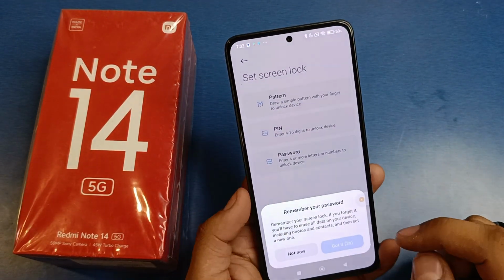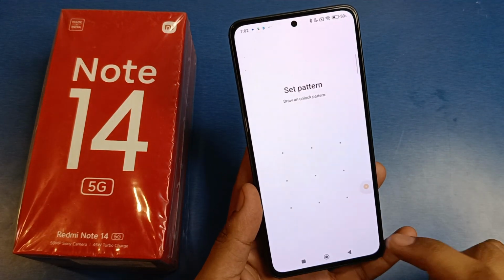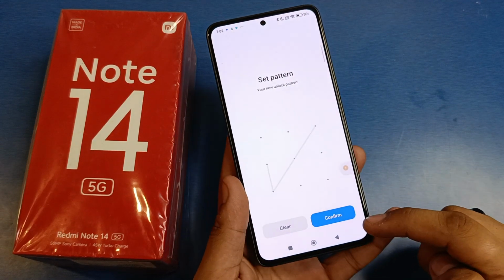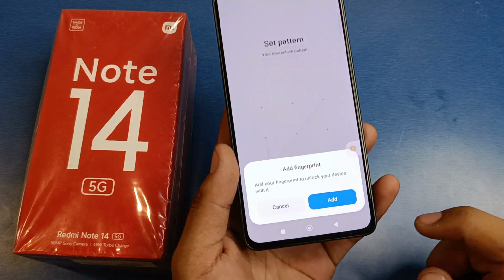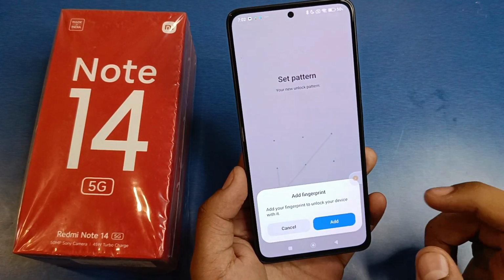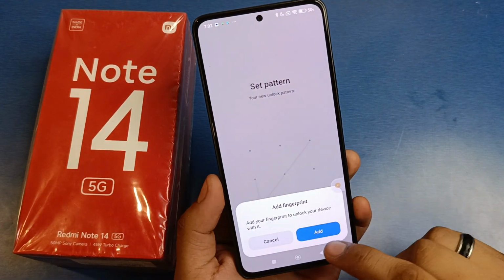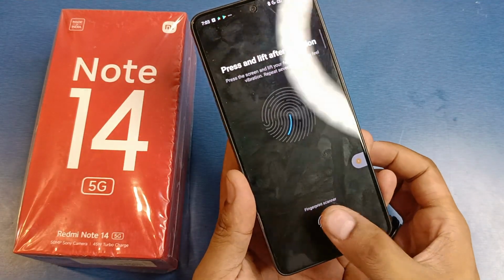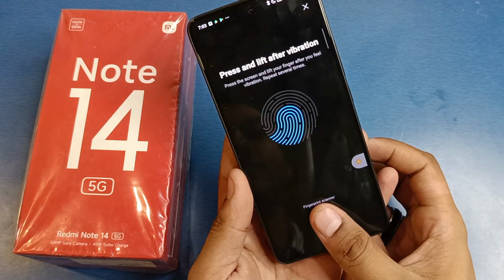I have chosen pattern. Then you have to click on remember your password and press Got it. Just set your password like this and confirm it, and you have to add your fingerprint too. If you want to fix this problem, you have to add a fingerprint and face lock. Just click on Add, then put your fingerprint over here, press and lift after you feel the vibration